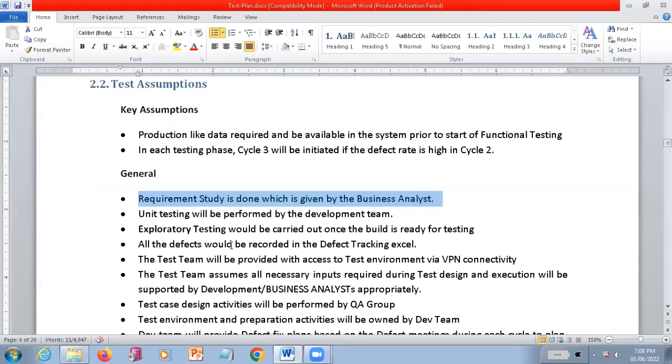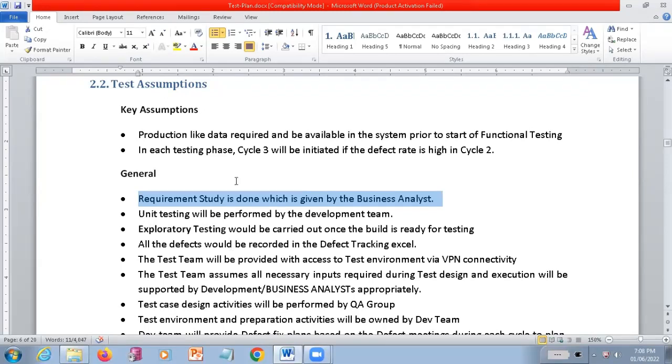You see, a test plan is nothing but, before we start our testing, they plan when they are going to start the testing, who is going to do what type of testing, and what types of testing we are going to do. Are we going to do automation testing in this project or not? Are we going with only manual testing, or both manual and automation? Such kind of things.